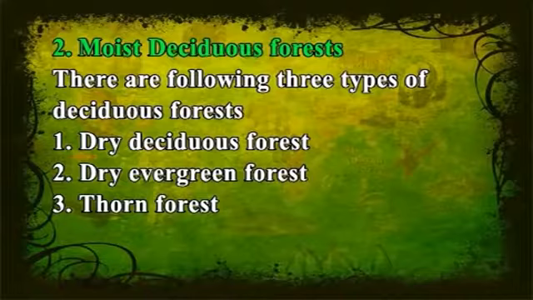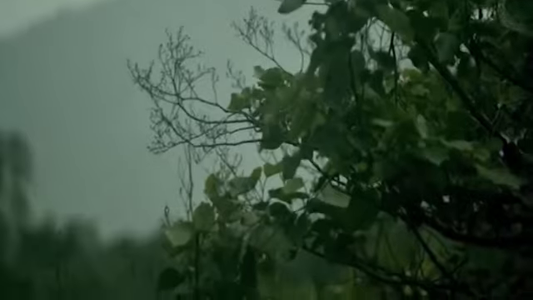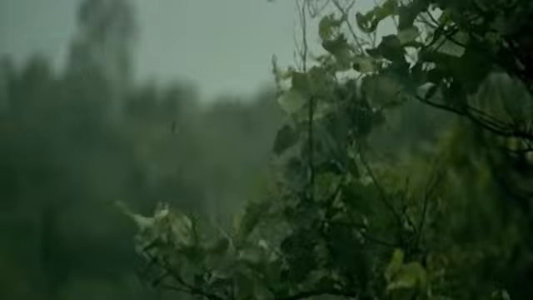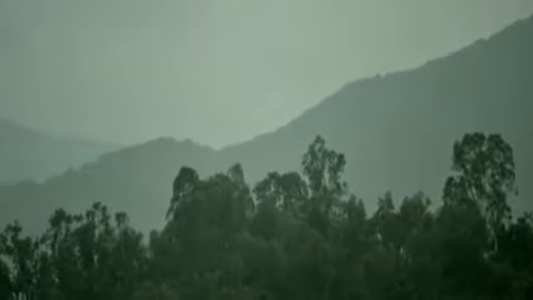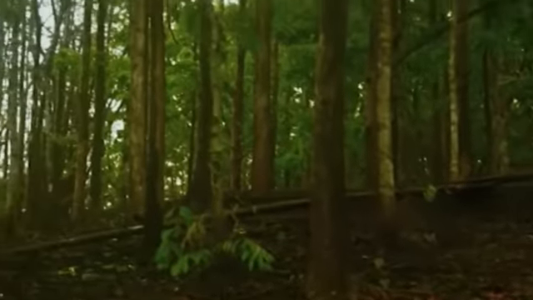Another important type of forest is deciduous forest. Deciduous forests are found in the regions with a moderate amount of seasonal rainfall, ranging from 100 to 250 centimeters. Teak trees grow in this type. The deciduous trees shed their leaves during the winter and hot summer months. Thorn forests are found in semi-arid regions of India. The trees, which are sparsely distributed, are surrounded by open grassy areas.